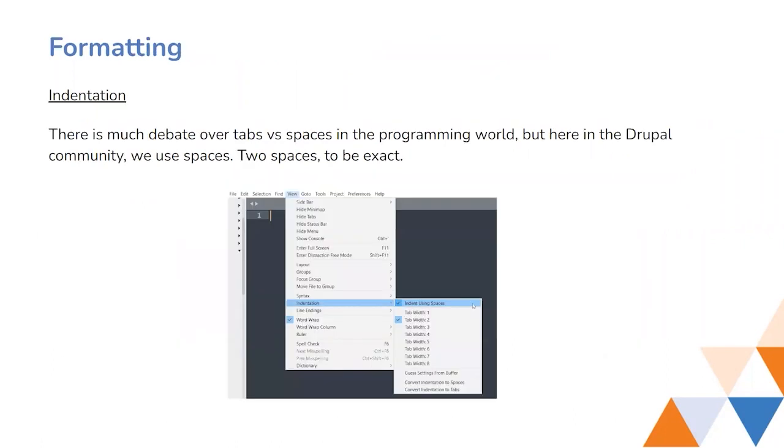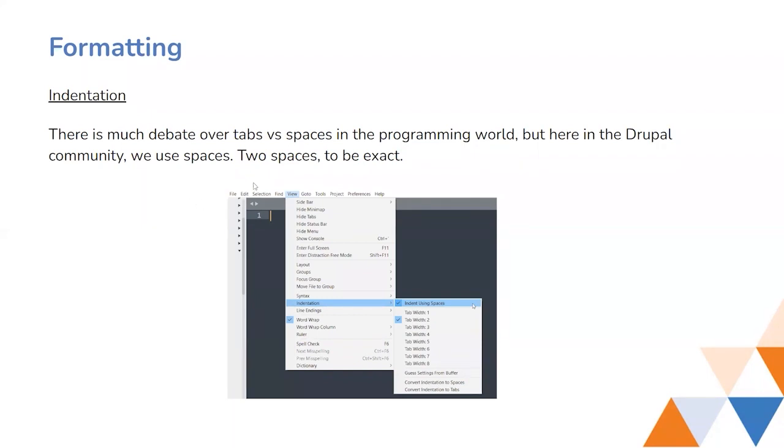So let's take a look at the things that make up our coding standard. The first thing is formatting overall. Inside formatting, there are multiple things, and one topic is indentation. There is a debate in the programming world about how many spaces should be left when we are writing the first line.